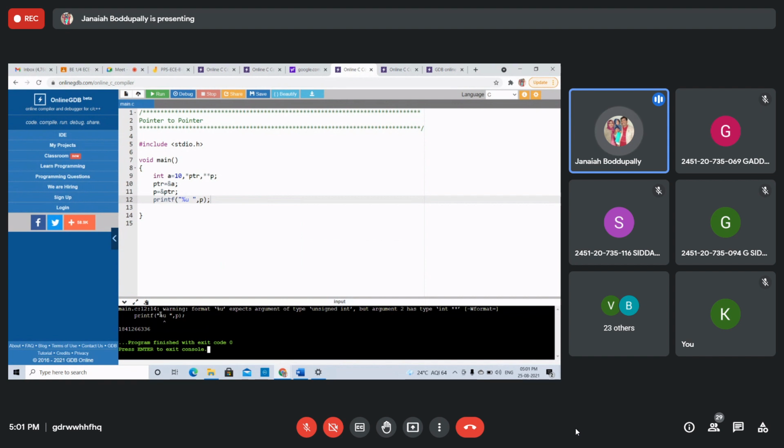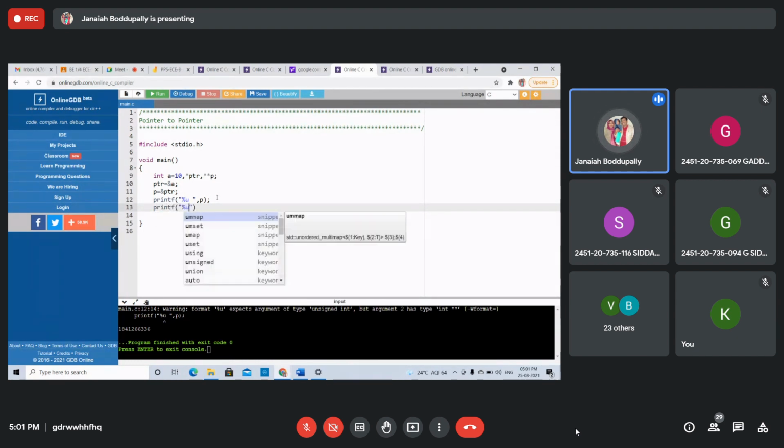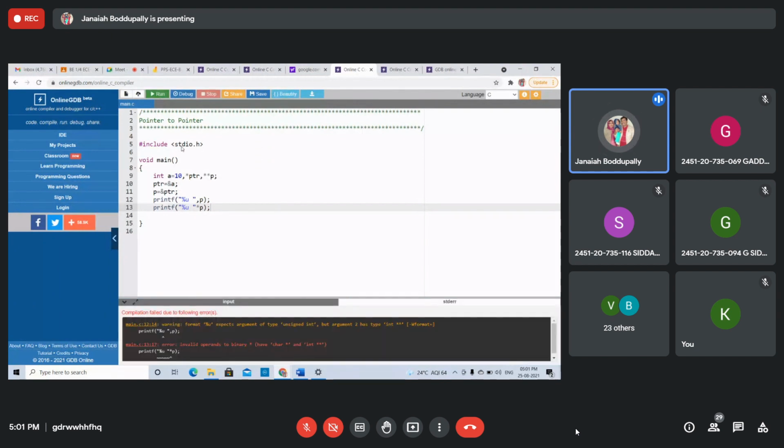Whatever address it displays is the address location of a. See, again printf %u star p means the value at that address location, that is the address of the pointer variable, address of ptr. Star P means, oh sorry, I missed the comma.